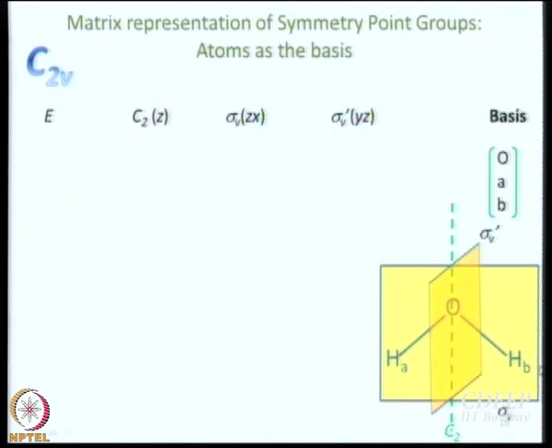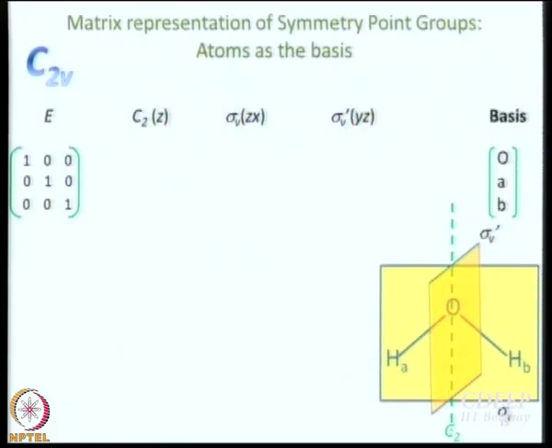the basis. Now, hydrogen atoms do not really have A and B written on them, but then we have to write a matrix, right. So, if I write H and H, it will be very confusing. So, let me use the labels A and B. Let us pretend for a while that we can make out between the red colored hydrogen atom and the blue colored hydrogen atom. Okay. And here I have just written A and B.